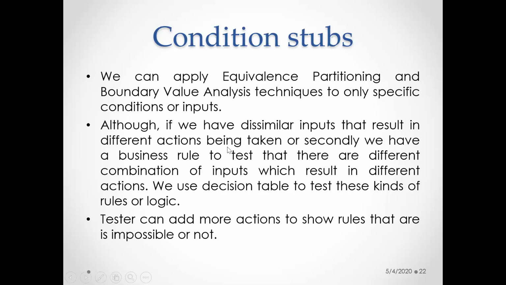Whereas with respect to your decision table, if you make a particular input combination, it is a dissimilar input that you will be getting over there. So it is hard for us to identify what the expected output will be. If you combine 2 or 3 variables, and you need to check whatever the condition, whatever the value you are getting, then it will be a different case. That is where your decision table approach comes into the picture.